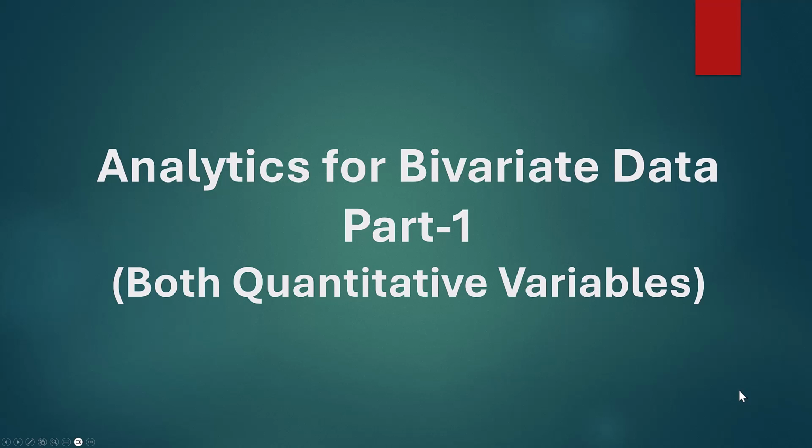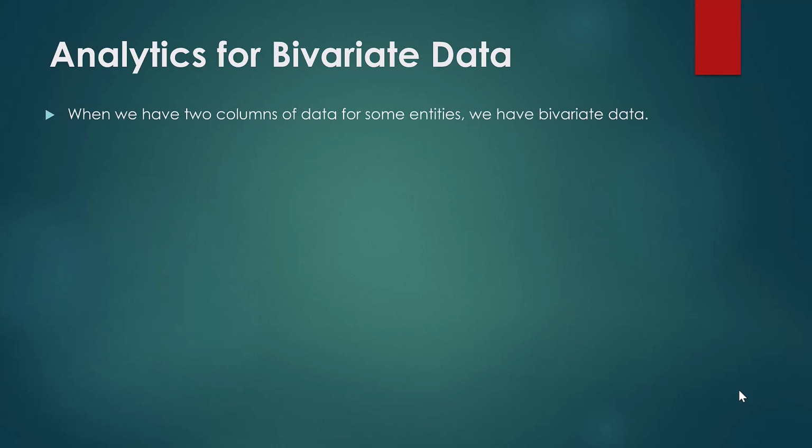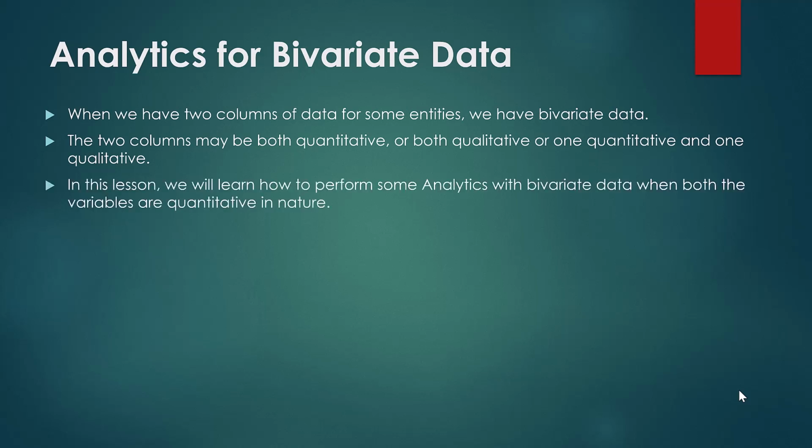Analytics for bivariate data. Part 1. In Part 1, we will consider the case in which both the variables are quantitative in nature. So when we have two columns of data for some entities, we have bivariate data. The two columns may be both quantitative or both qualitative or one quantitative and one qualitative. In this lesson, we will learn how to perform some analytics with bivariate data when both the variables are quantitative